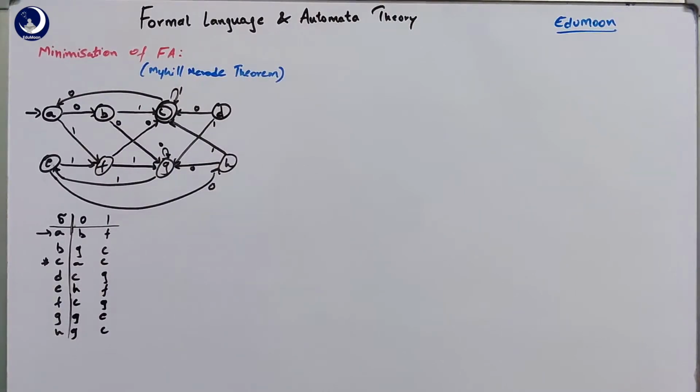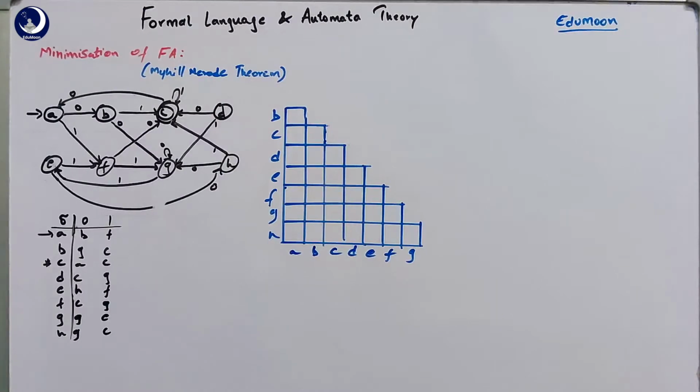Now we proceed to the Myhill-Nerod theorem. In the Myhill-Nerod theorem we use a table, like half of a matrix, having only the lower triangle, so the upper triangle does not exist here. We know that in a matrix with the diagonal, the part above the diagonal is called the upper triangle, and below that is called the lower triangle. So here we draw the table as follows. When we remove the upper triangle for a matrix of 8 by 8, this is how it looks. The diagonal part and the upper triangle are removed.